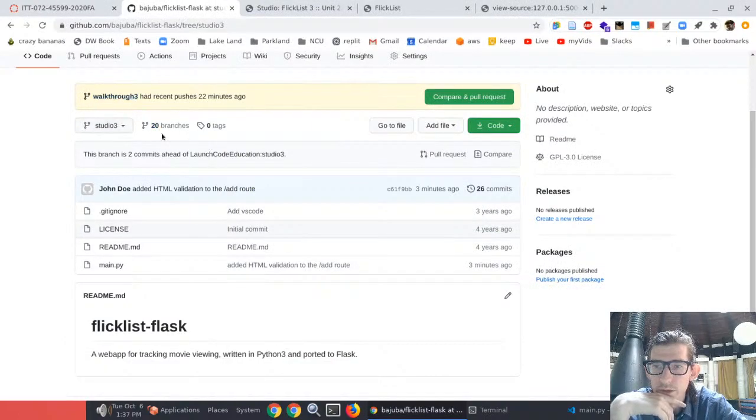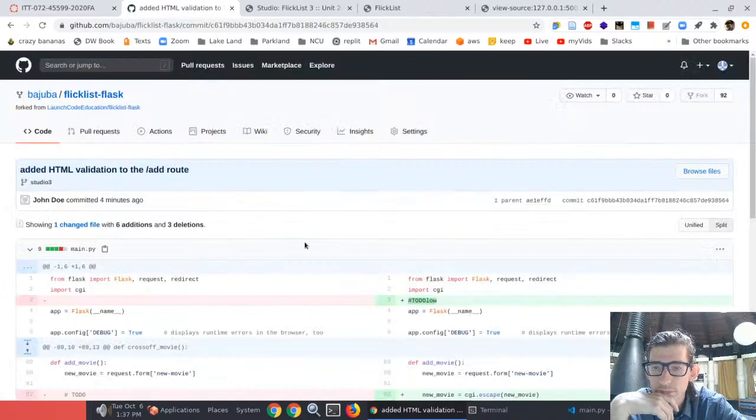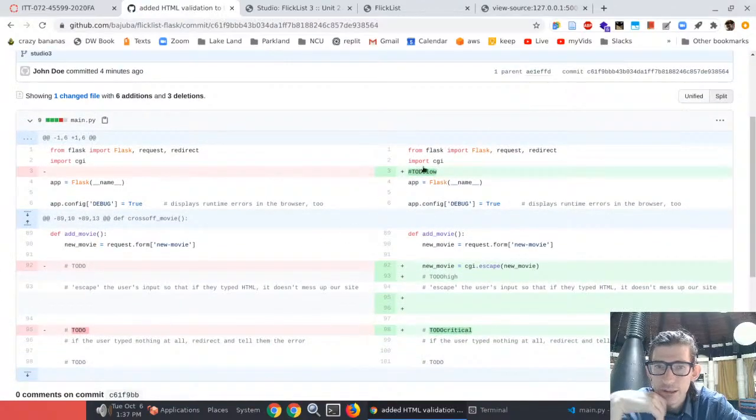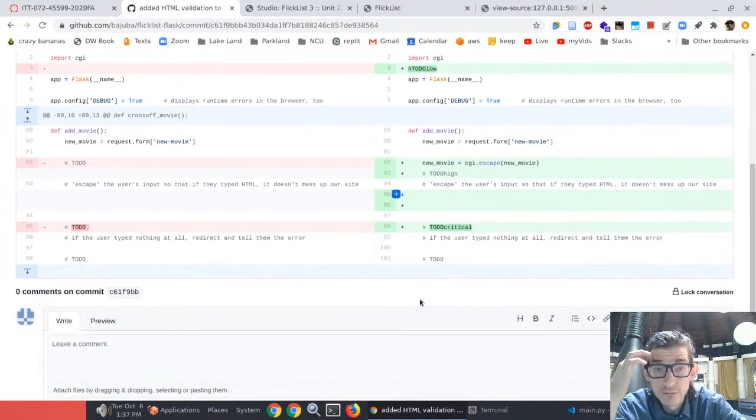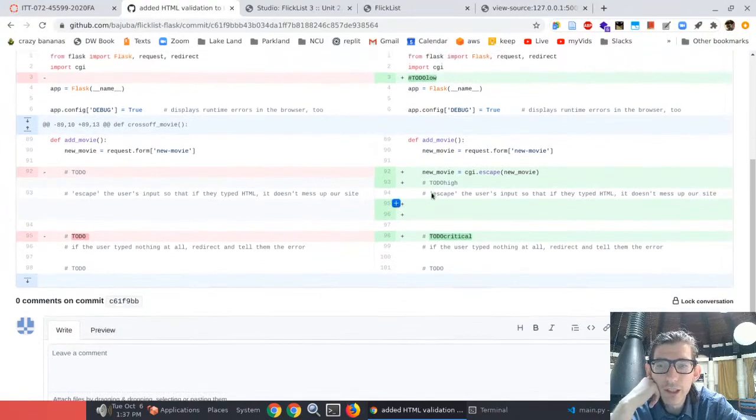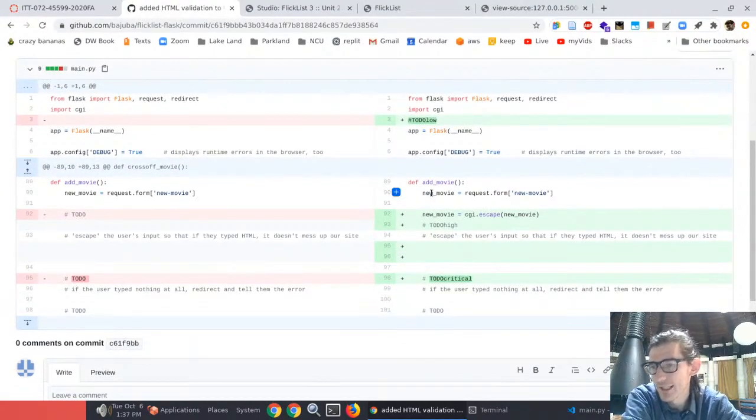Okay, so Studio 3, we can check the commit. Okay, I added all these other to-dos. I forgot that. I probably should have committed after adding the to-dos so that they weren't tied into me adding this